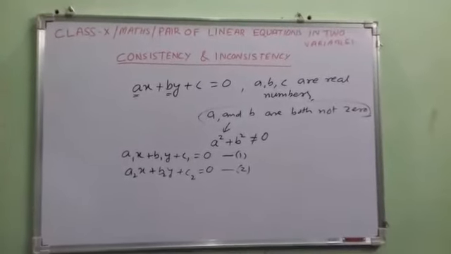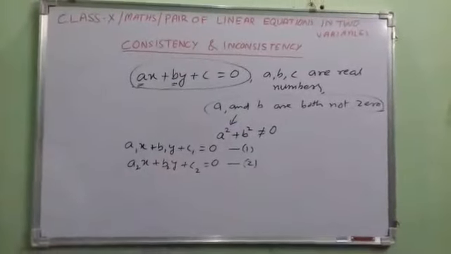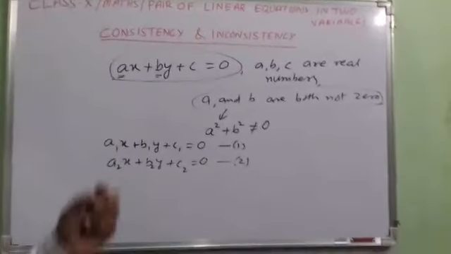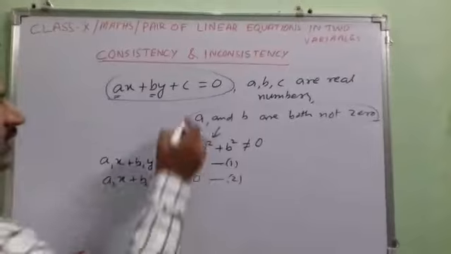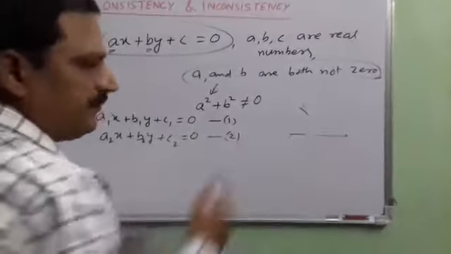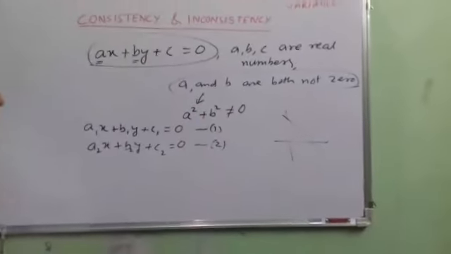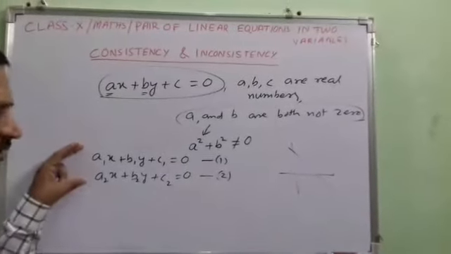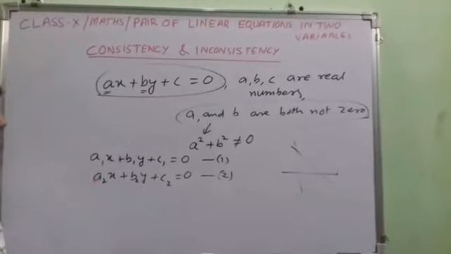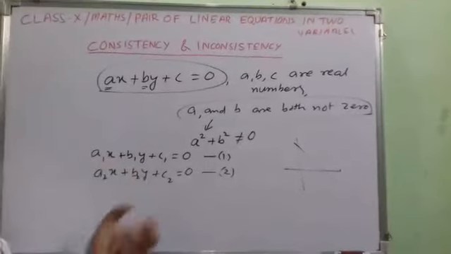You can remember in class 9 when we have taken any equation, we found infinite number of solutions. Because a single equation means linear. It is a linear equation. It gives you a straight line in a graph. And it has infinite number of solutions. Now we shall see what will happen if we take a pair of equations simultaneously and try to solve them and get a particular value for x and y.